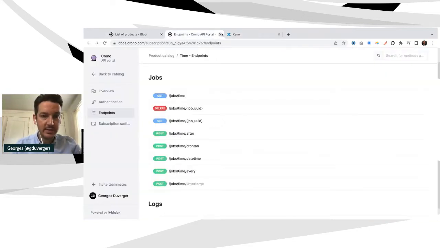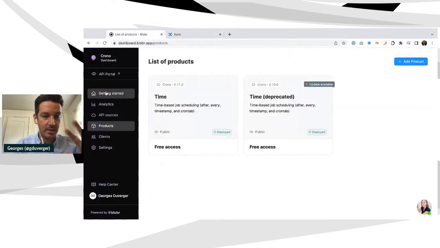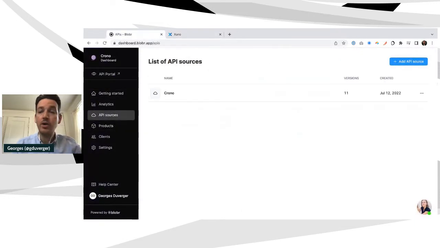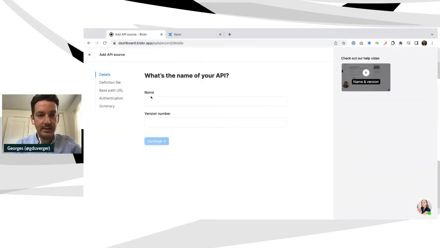So on the Blobr side, I'm going to go back to the admin part of it. I'm going to create a new API source. Here it is. I'm going to call it milk. It's going to be